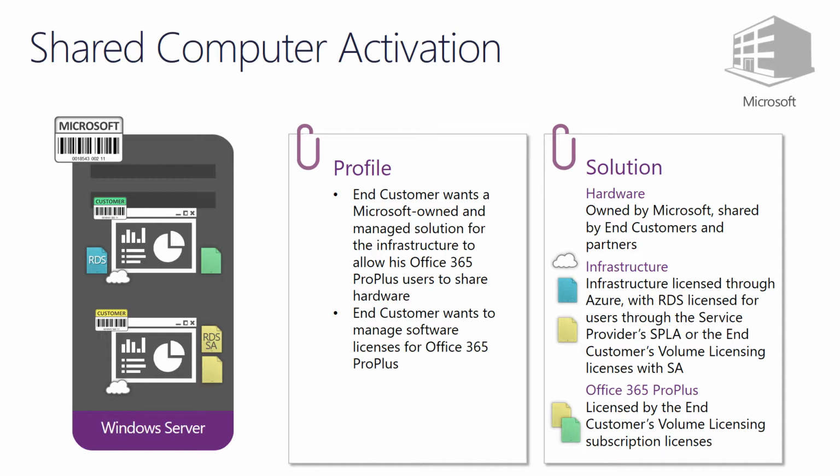And as before, RDS is part of the solution, and you can see that I've put a couple of options on the diagram here. For the green end customer, the service provider has reported RDS SALs for the users in the end customer through the SPLA agreement, whereas the yellow end customer has RDS user CALs with active SA, and as we know, he's allowed to assign them for use in this scenario. But there's yet another